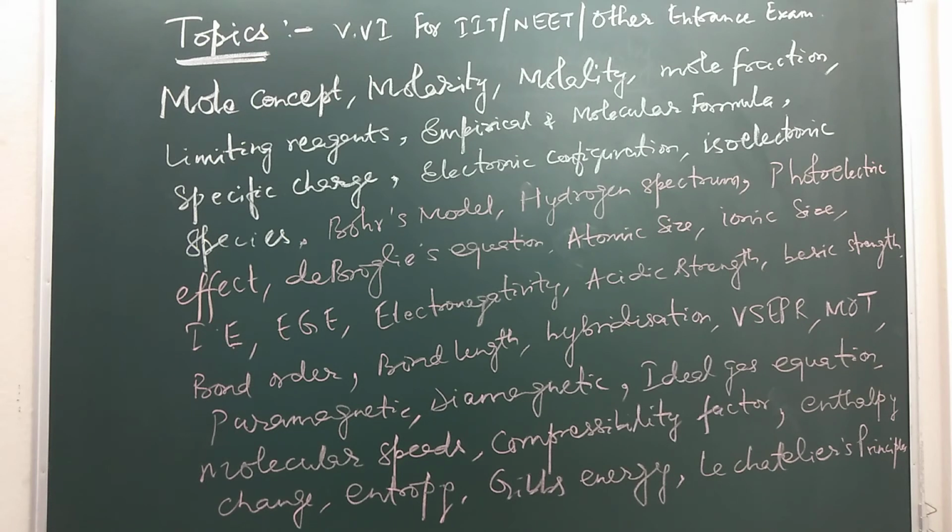Enthalpy change: you have to know what enthalpy change is, and the different enthalpies: enthalpy of combustion, enthalpy of reaction, enthalpy of solvation, enthalpy of atomization. Along with enthalpy, the concept of entropy, which is the measure of randomness or disorder of a system. You have to keep in mind how Gibbs energy is related to enthalpy change and entropy. You must know delta G is equal to delta H minus T delta S. That formula is very, very important for your upcoming exam.